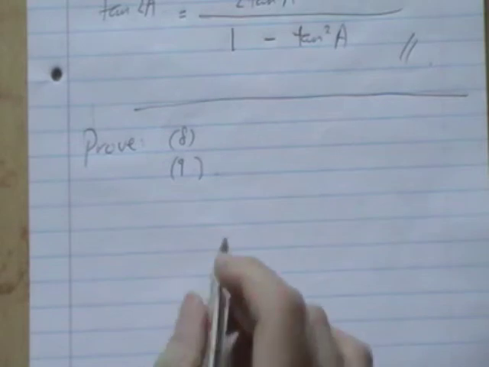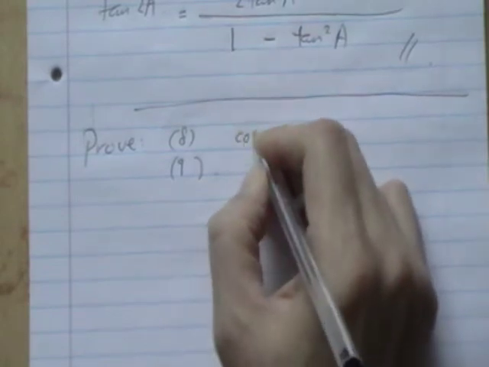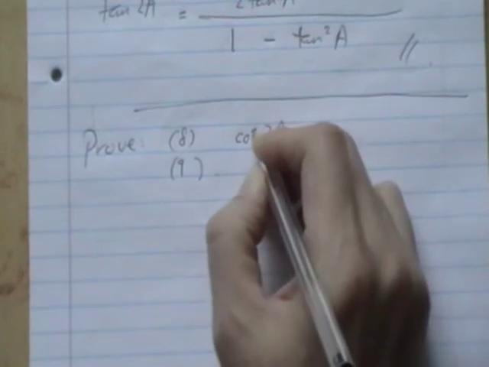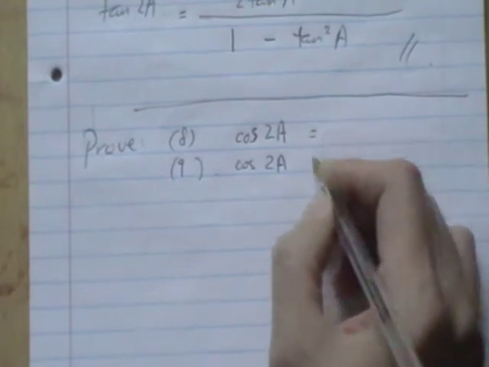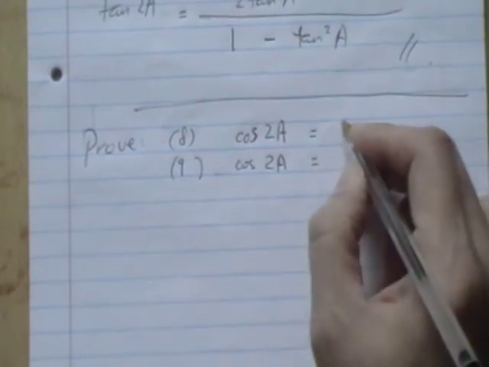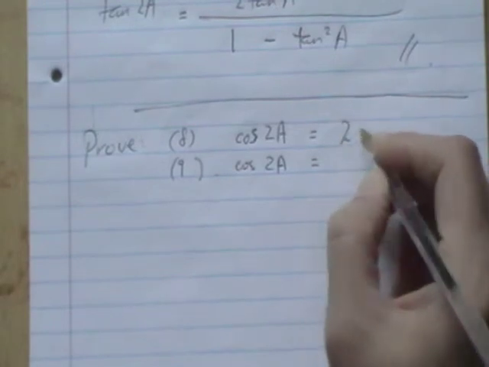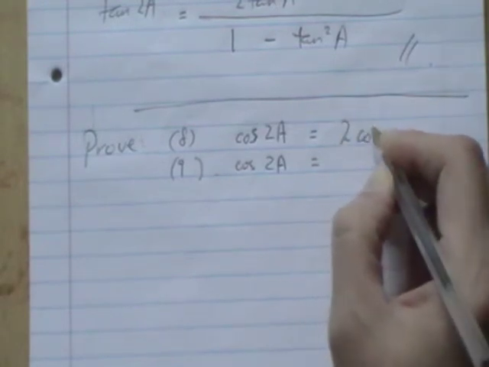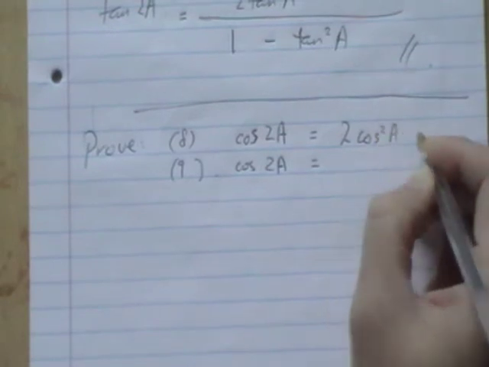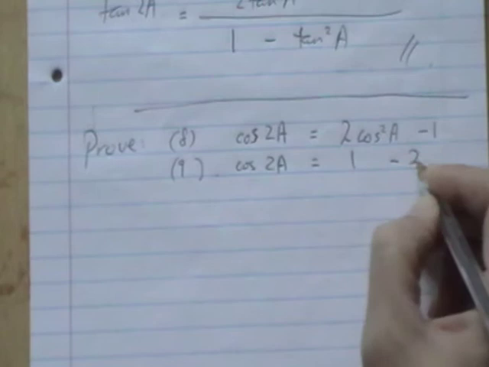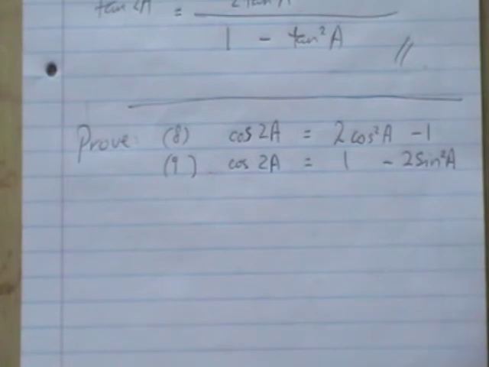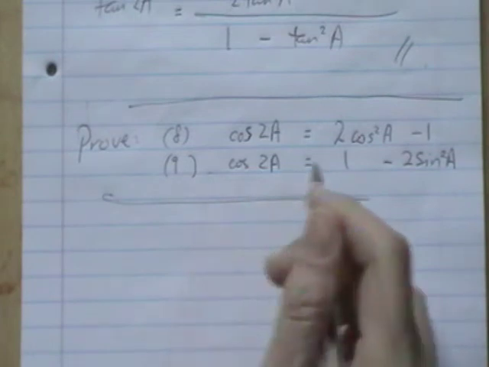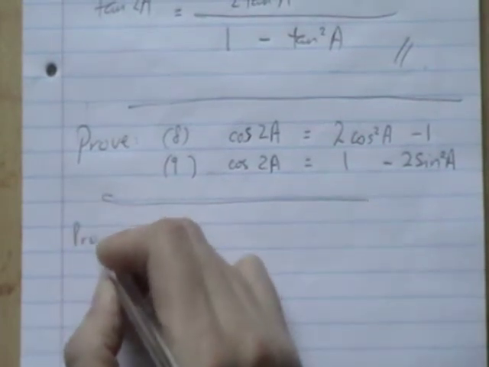Right, these are 2 alternate forms of the cosine 2a formula that I just proved. One is that cosine 2a is equal to 2 cosine squared a minus 1, and the other is 1 minus 2 sine squared a. So these are two forms that are also often used in mathematics. Okay, I'll start with the proof